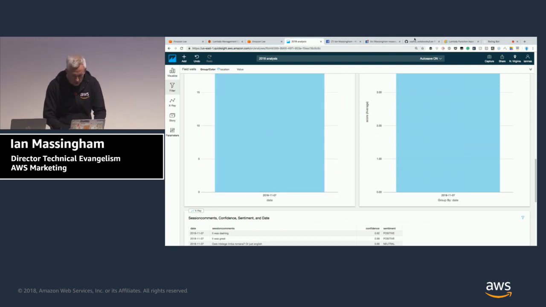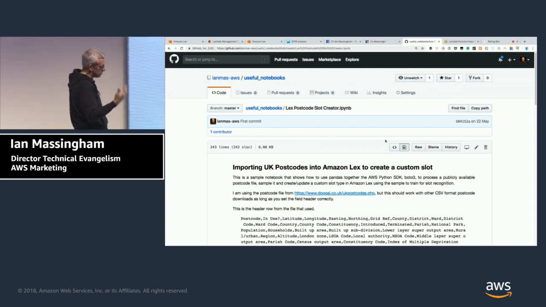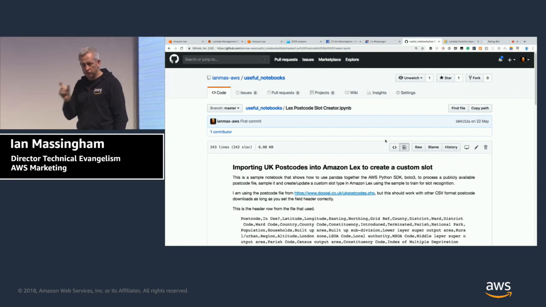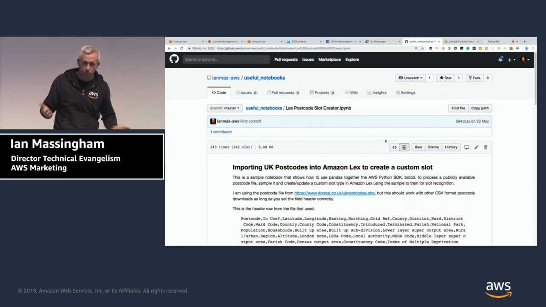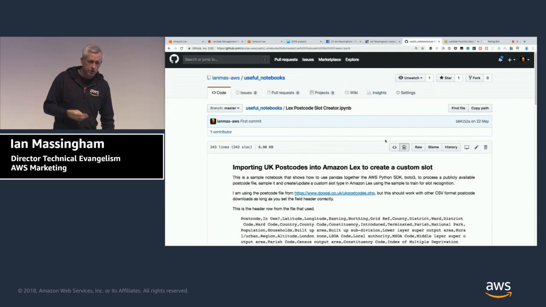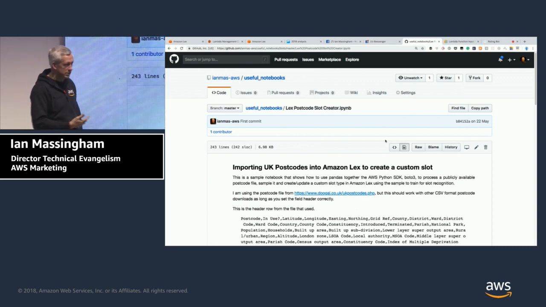For extra credit, I just want to show you one other thing, which is a kind of advanced topic. But you might recall that I showed you a custom slot, which was for feedback. In that case, I primed the custom slot with a variety of long-form English sentences or longer-form comments to train the language model to expect a variety of long-form English comments in that particular slot. There are, of course, other types of useful custom slot that you might want to consider creating for particular use cases, like a list of cities where you might have branches, a list of hotels, or a list of products, maybe if you're allowing people to get product information using this kind of system.